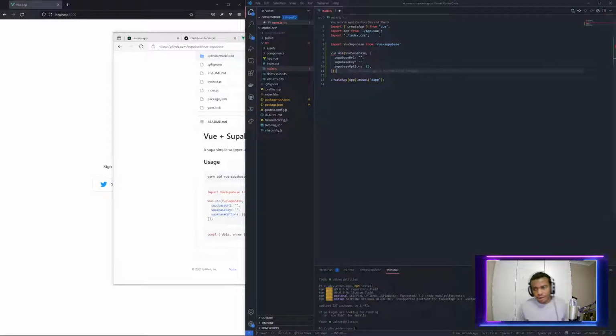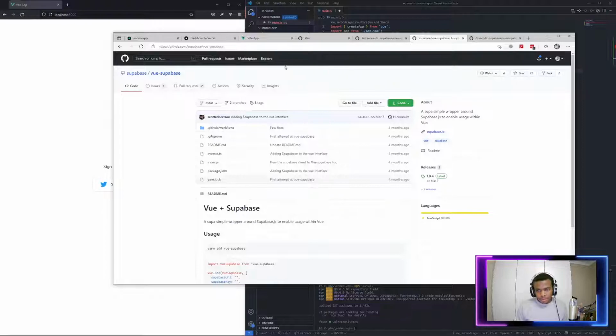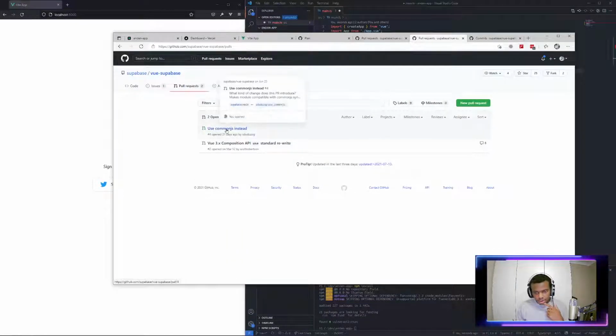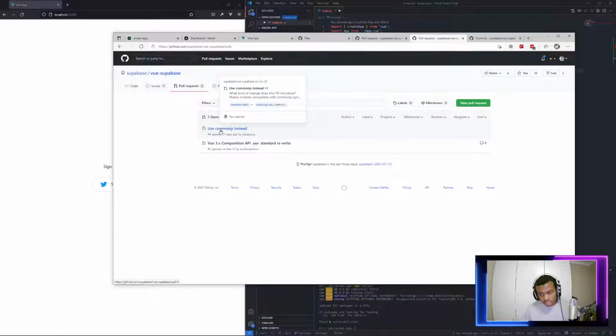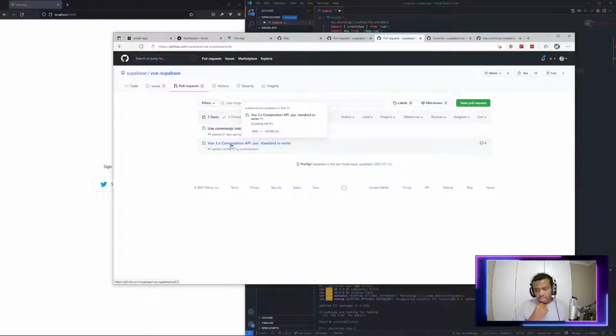They have a PR for it to support Vue 3, but that PR is also on hold for a similar reason why I created this PR in the first place. This was going to be a bridge to the compatibility rewrite, but